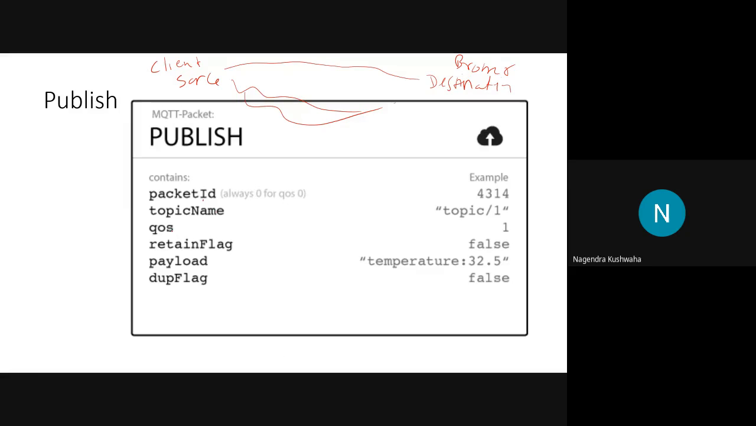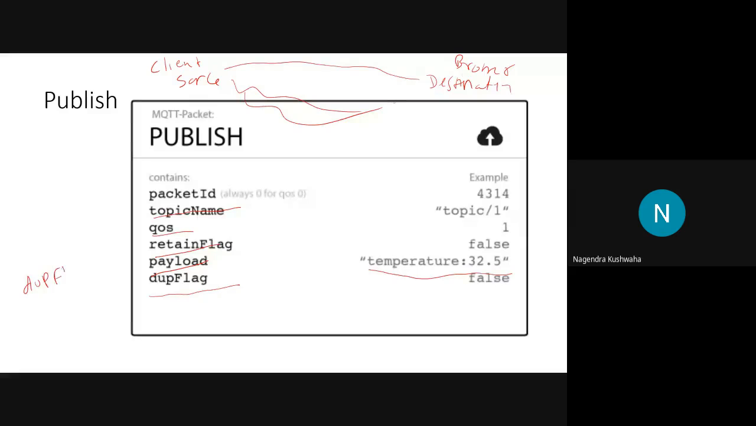Then we will have the topic name, which is always necessary. Then we can have the quality of service, retain flag, payload. What is the exact payload? Here we are sending the temperature data, so it is temperature 32.5. This is the actual payload. And the flag, the flag represents